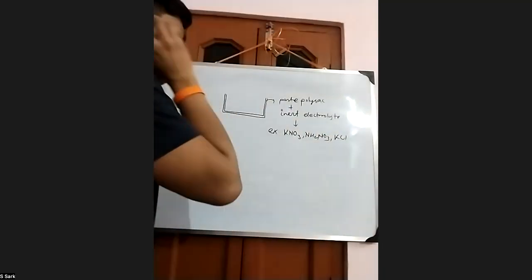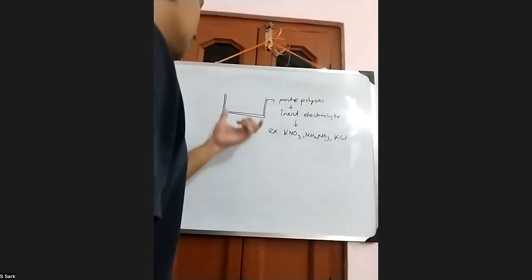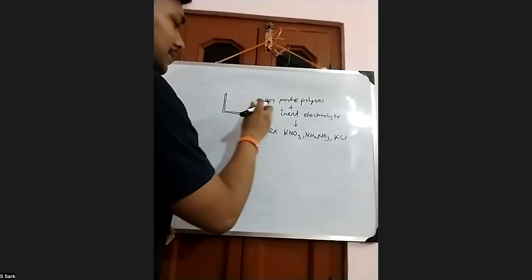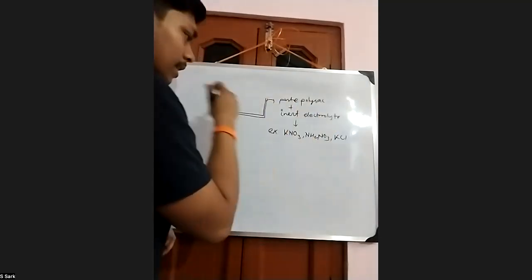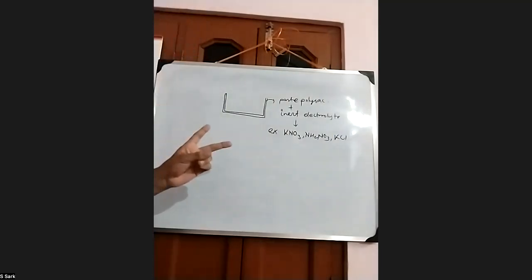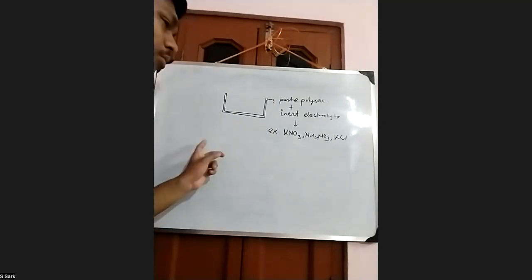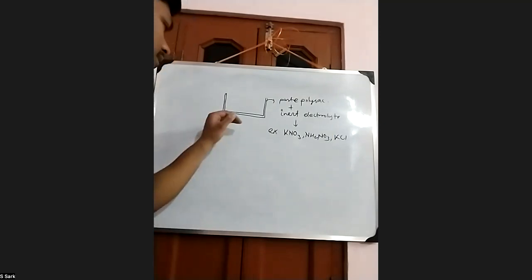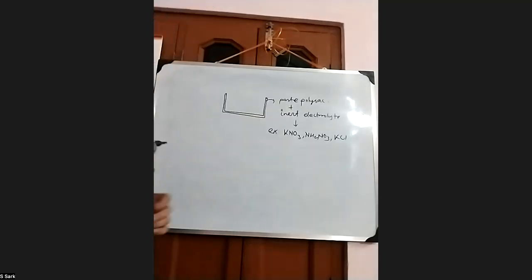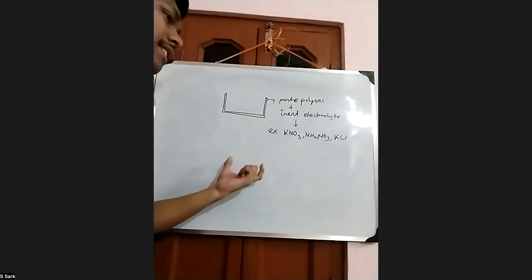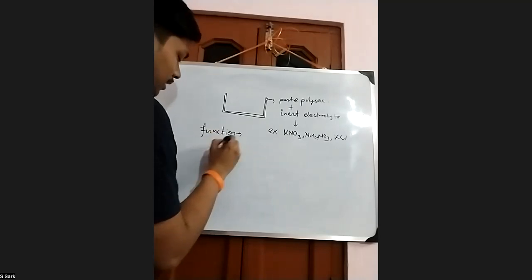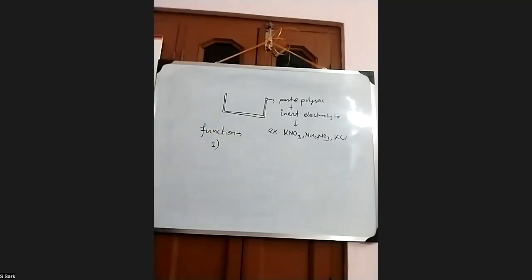So a salt bridge is basically a mixture of a jelly structure of agar-agar or paste of polysaccharide plus inert electrolyte. This is used to connect two half cells in an electrochemical cell. When we add the salt bridge to two half cells, the full circuit is created. If you ask me the function of salt bridge, the first point is that it brings electroneutrality.